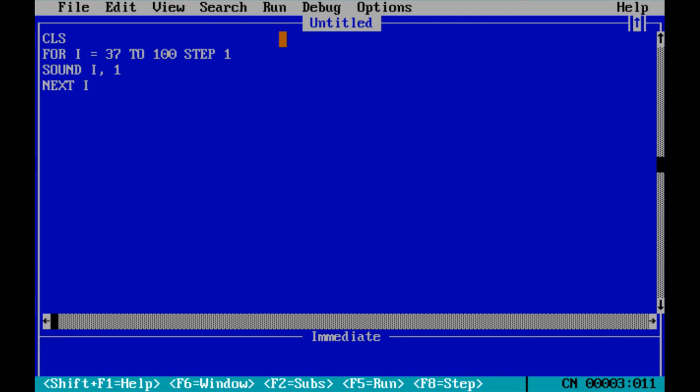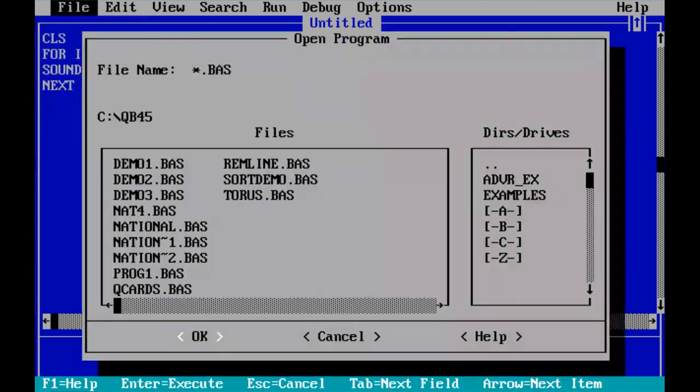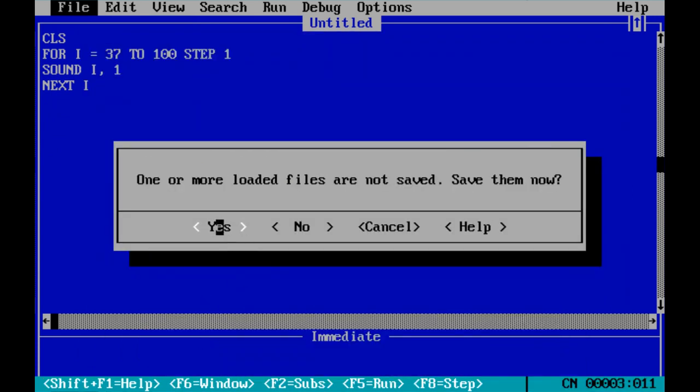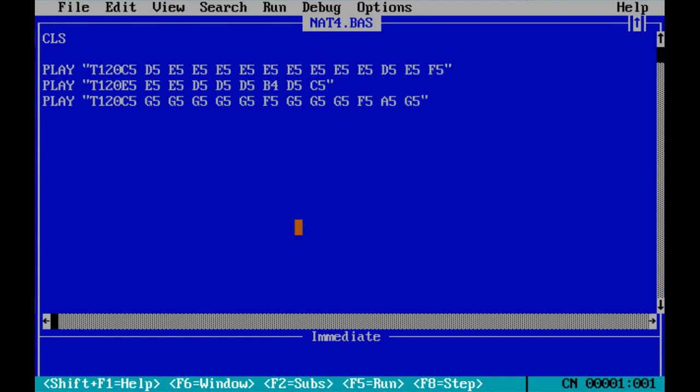Next is the play command. The play command is used for playing music. It can play one note at a time. The format is play string, where string is a series of letters, numbers, and symbols that indicate a variety of musical information. For example, play.